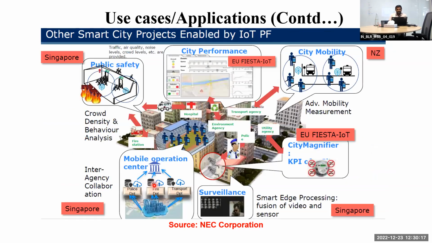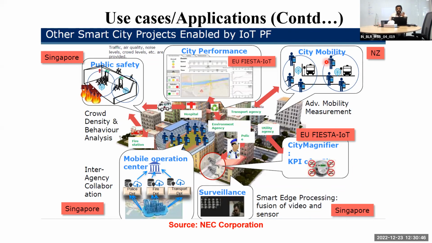Next is, yeah, smart city, we can say. Smart city is like, for example, city mobility. You can manage the traffic. For example, I think in some city, Poland or somewhere, you can install the app where you can go and request some service. For example, you want to visit some places, it will show you all the options, which bus you can board, and which is nearby, and all that stuff it will show you. Okay, advanced mobility management.